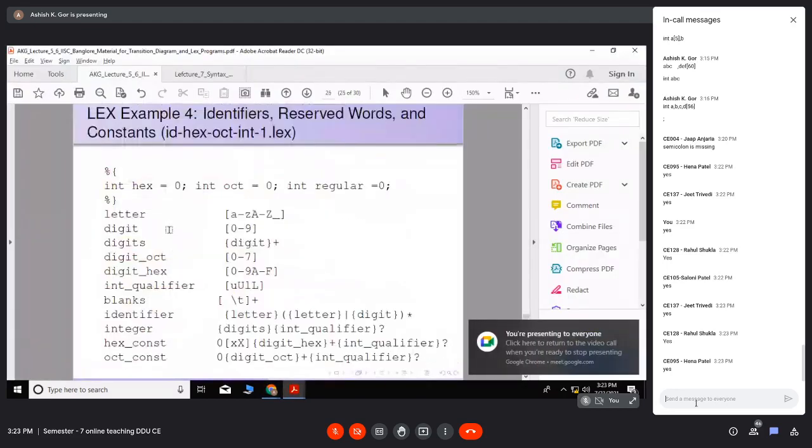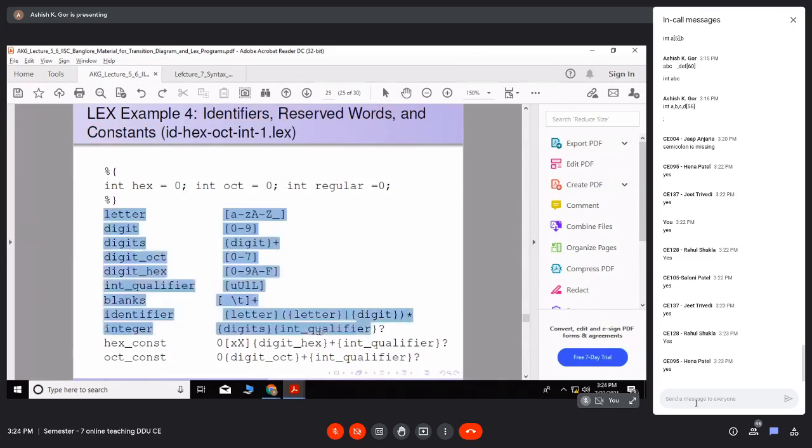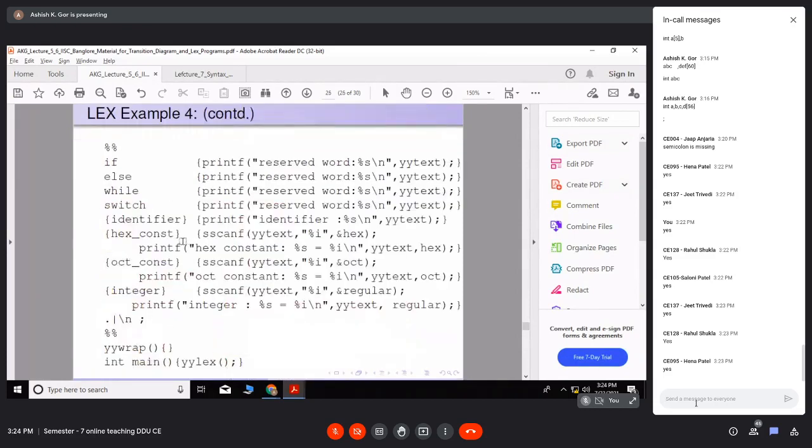Fine. So I have already uploaded this PDF. Program 4 is for identifiers, reserved words, and constants. I want to focus on one thing: these all are the definitions, but in the rules section, as I mentioned, the reserved words should be first.